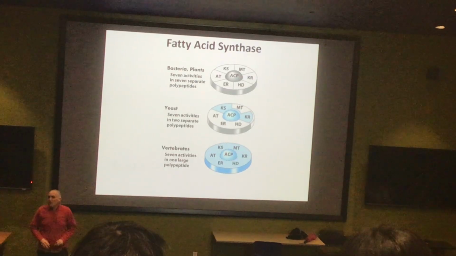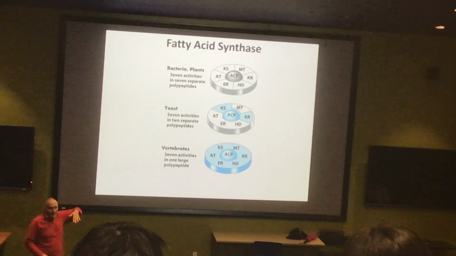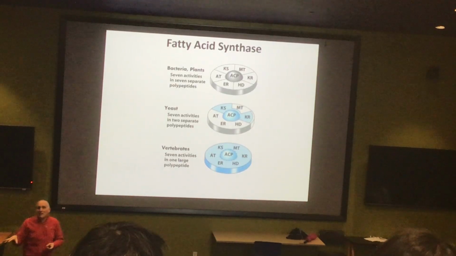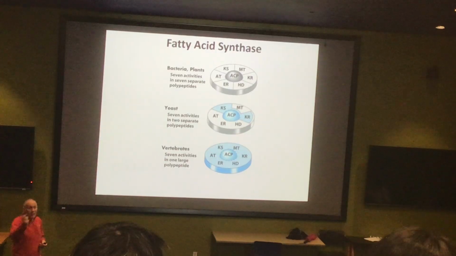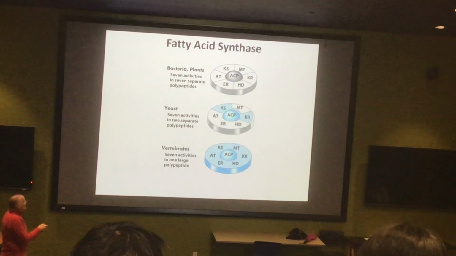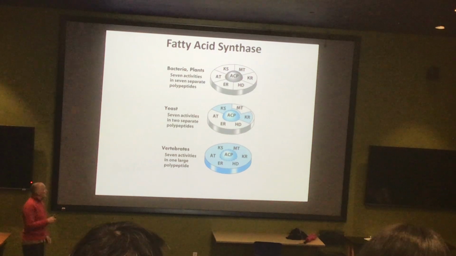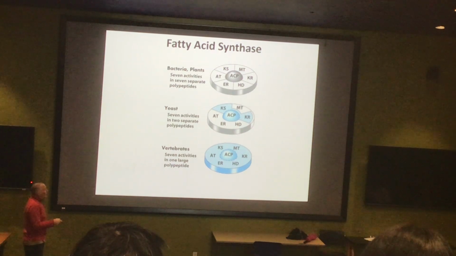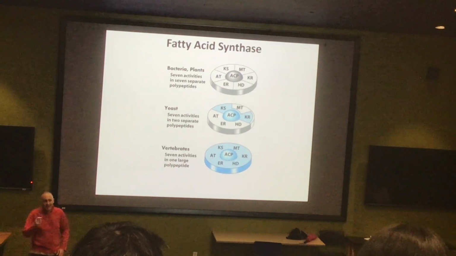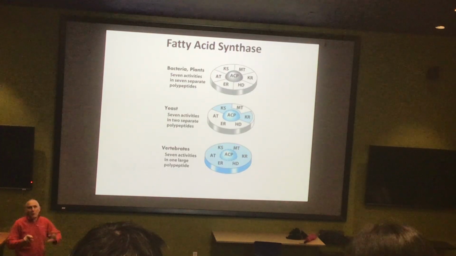It turns out that the mechanism by which this works is absolutely evolutionarily conserved, all the way back from bacteria, all the way to us. The structures of these enzymes are also highly conserved. The only thing that really differs is the domain and subunit structure. So in the case of bacteria and also many plants, all of these different enzymes are actually 7 different polypeptides. By yeast, they have fused them genetically into just 2. And for us, they're actually all found on 1 polypeptide chain. So each one of these 2-letter codes represents, except for the one in the middle, a different enzyme functionality. You are not responsible for memorizing most of them.